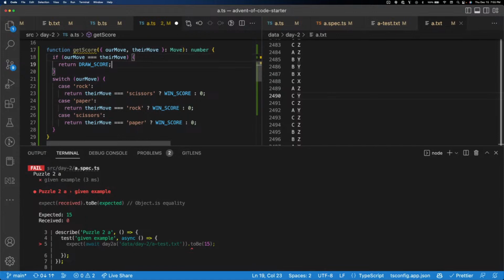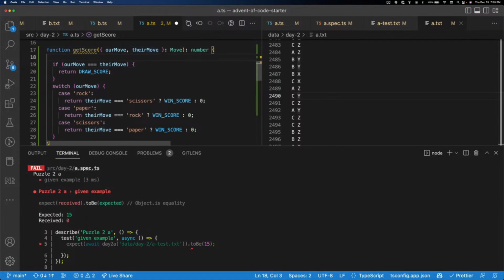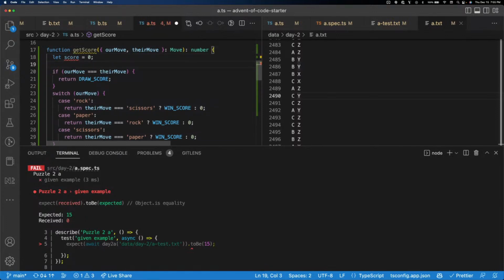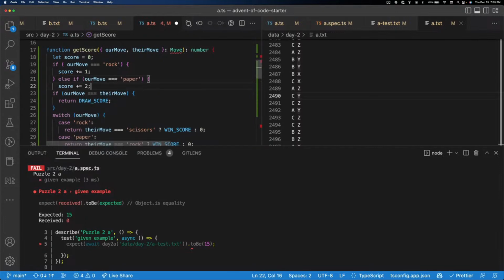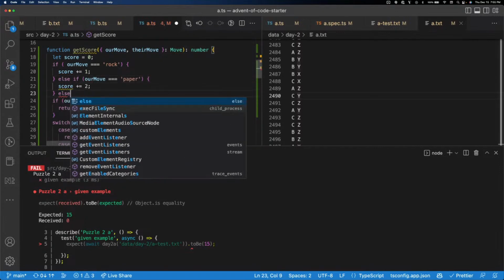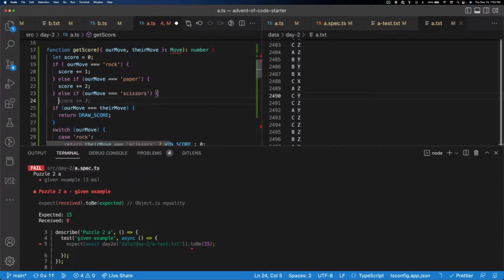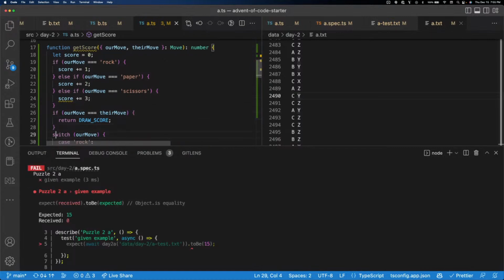And so we'll say let score equals 0. I guess we'll just do if our move equals rock, score plus equals 1. So if our move is paper, score plus equals 2. That's if scissors, score plus equals 3. And then